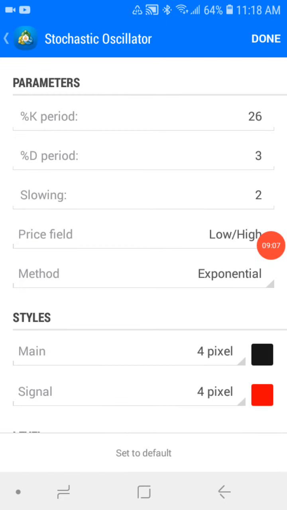So on here we have a 26 K moving period, a standard 3 moving period, and a 2 slowing moving average. The slowing is basically how far the lines will be delayed, but I think 2 is about right for me, for where I have it now. So normally when you come in here, you have